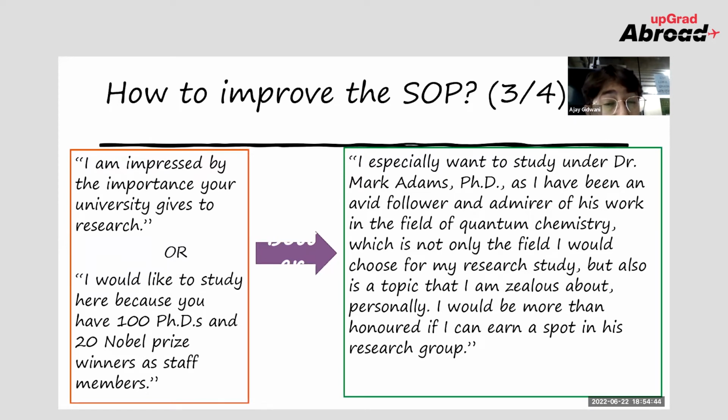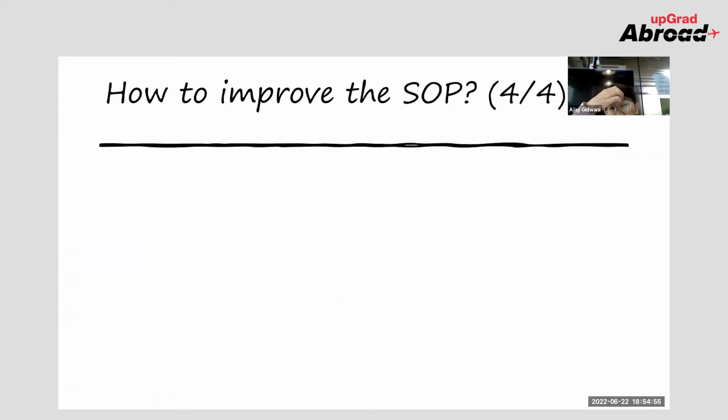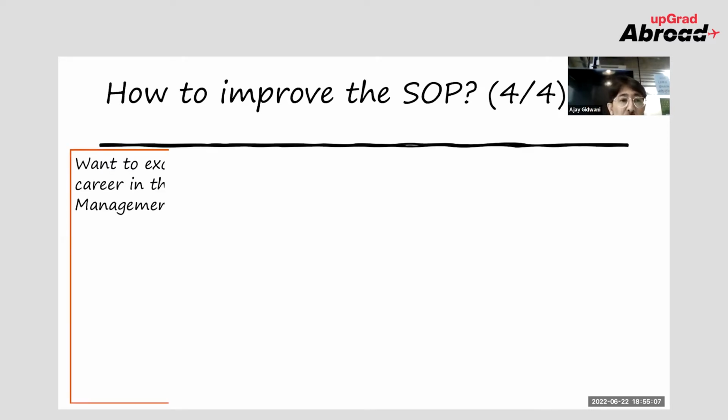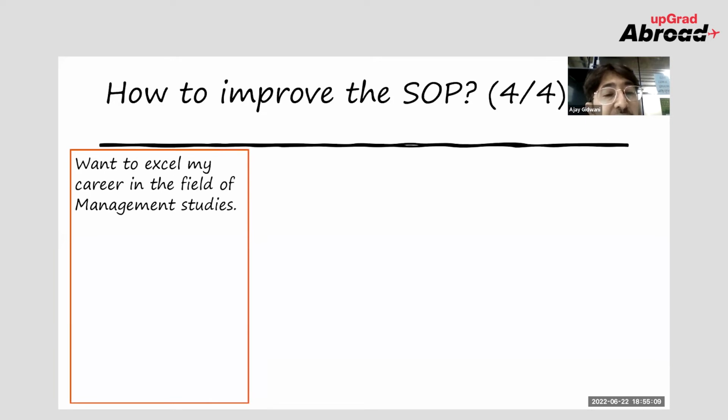It should be more complete. It should be a more holistic view, which can help the university rep or the dean of the college to understand more about yourself. Right. Now, one more case we are trying to understand, because nowadays we all know that yes, management has become a passion for everything. Everyone wants to go for management learning and education. So, I want to excel in my career in the field of management studies. Nothing wrong in this, right? But then can it be written in a more meaningful, better way?